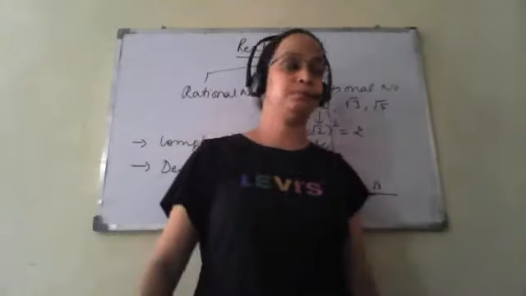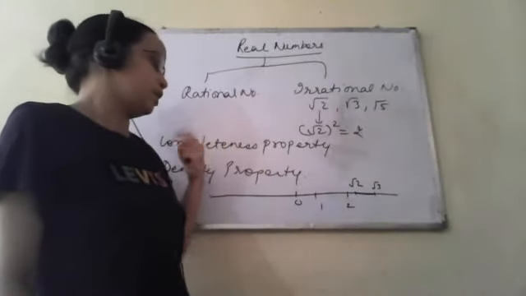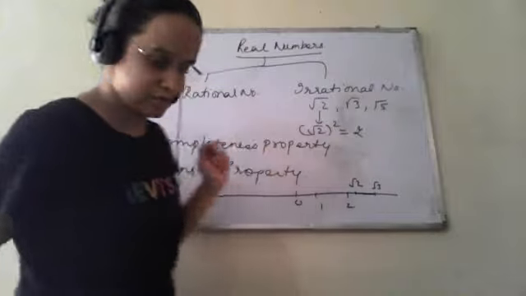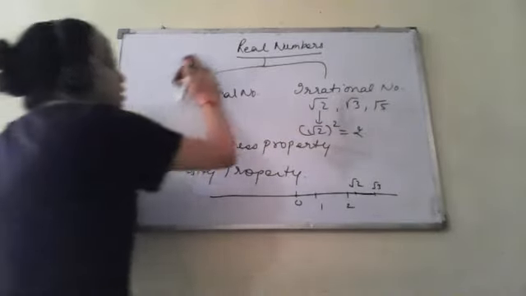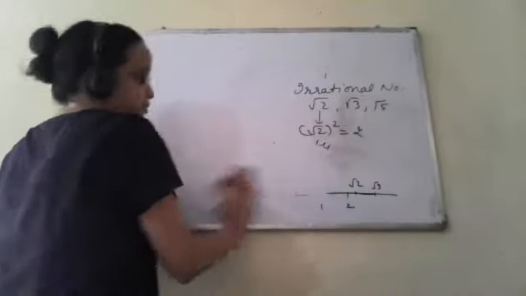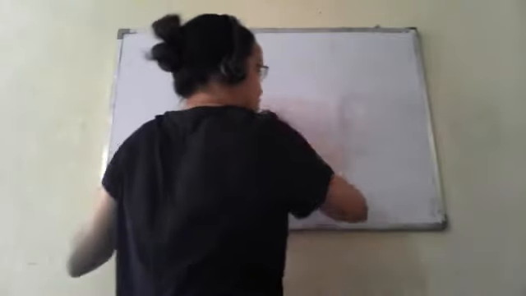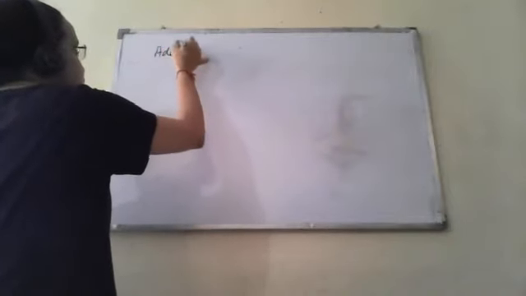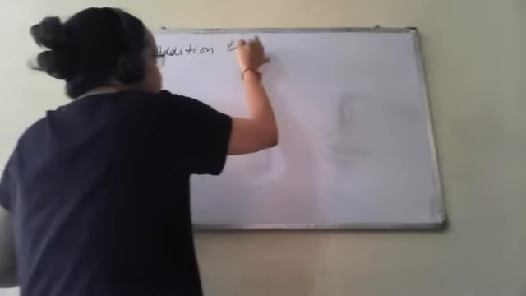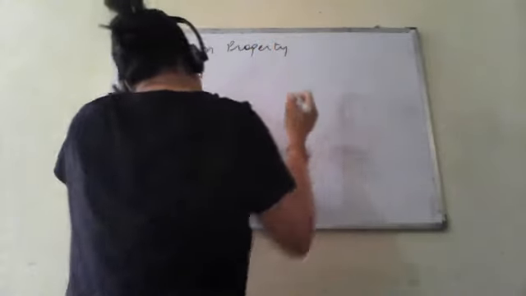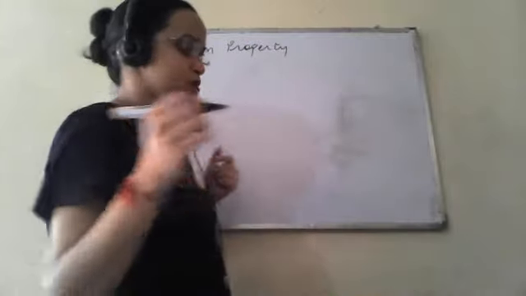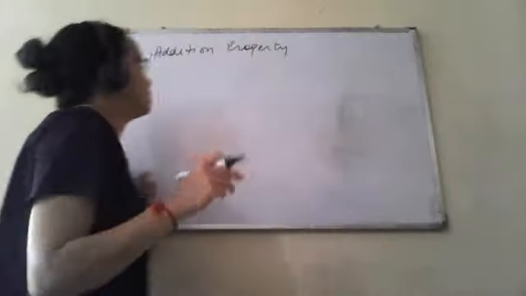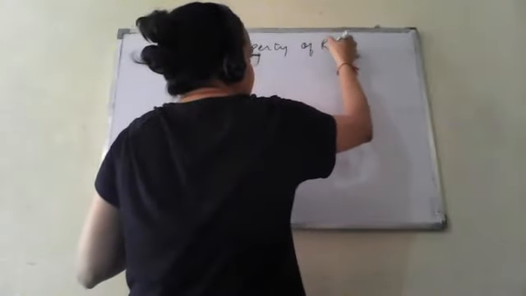So this was all about what real numbers are and what the two properties of real numbers are. Now we will see the addition and multiplication properties of real numbers. These are very easy. Most of the properties you have studied in previous classes, so we will just go through them once. First we will discuss the addition property. What are the different properties, like commutation, association or distributivity? So this is the addition property of real numbers.